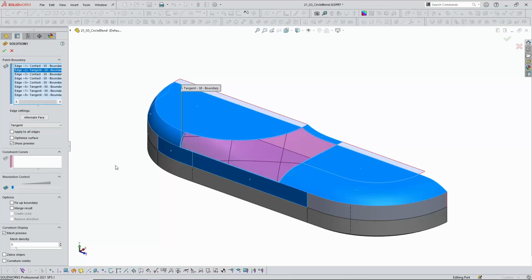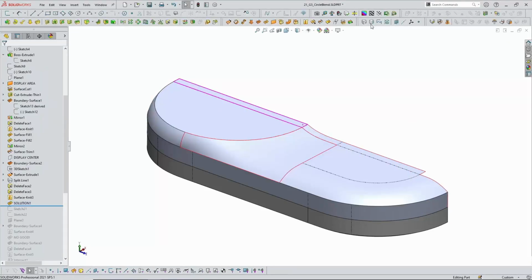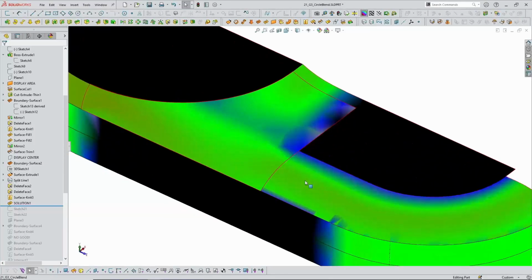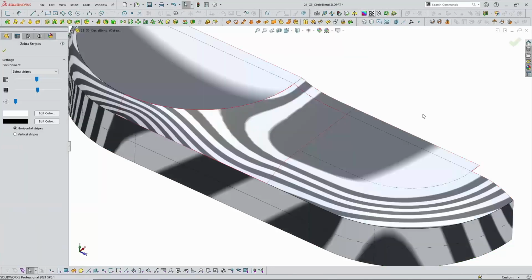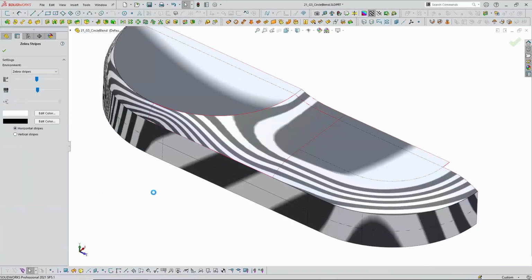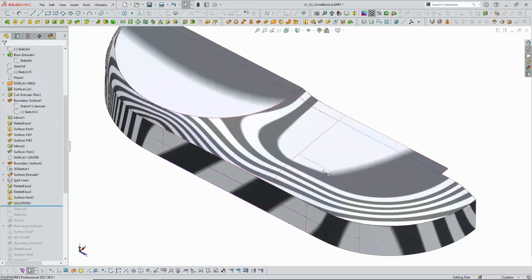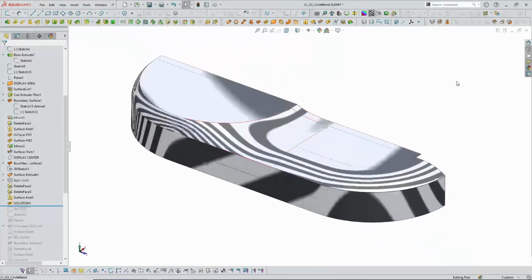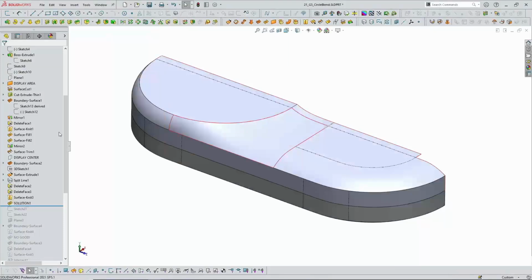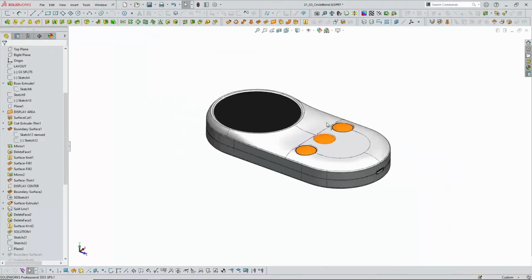even though I wanted that curvature or higher connection, I found that with surface fill, tangent is more than enough if the surrounding geometry is already G3, and I can use some of the evaluation tools to see how seamlessly my geometry is flowing into each other. Zebra stripes is a great way of evaluating the transition. Cranking this up, I can see that I have this very smooth flow of light lines from this radius. It blends seamlessly out into these other model edges,